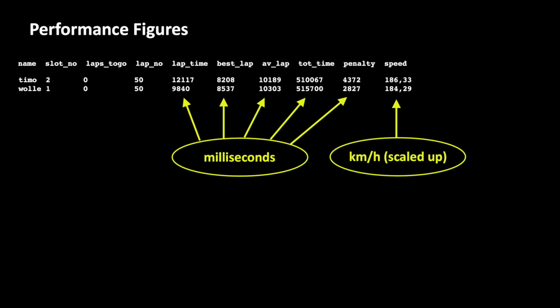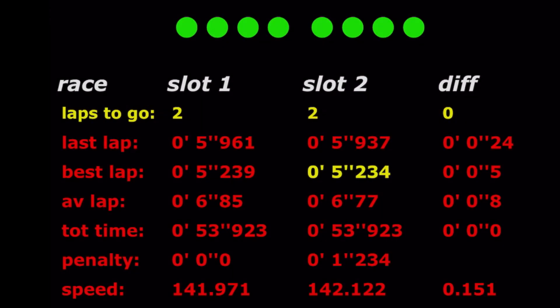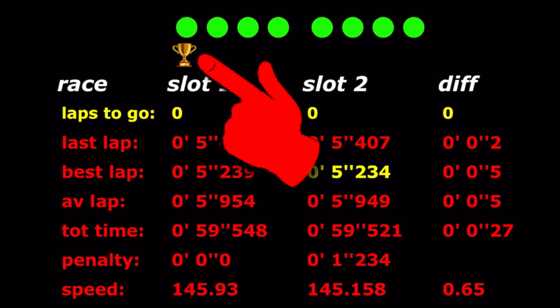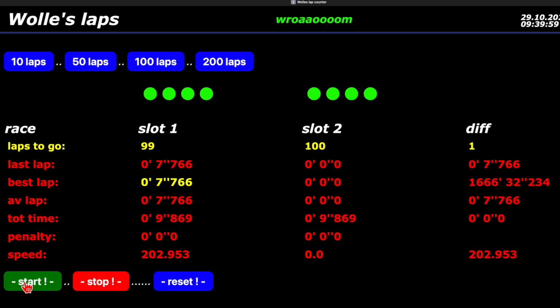So far, we recorded practically a copy of the data, which is displayed on the browser interface. We only need to do a final calculation to consider the penalty times. By the way, our lap counter is calculating this automatically for the web interface and even displays a trophy for the winner. In our example, the winner still remains the winner even when taking into account his higher penalty time. One advantage of data recording is that you have your race documented and you can later analyze each individual race